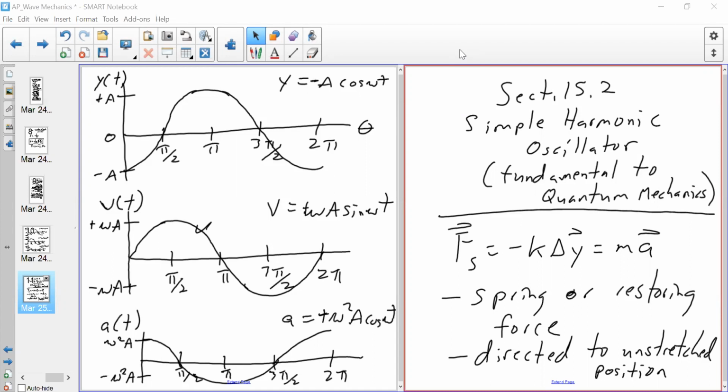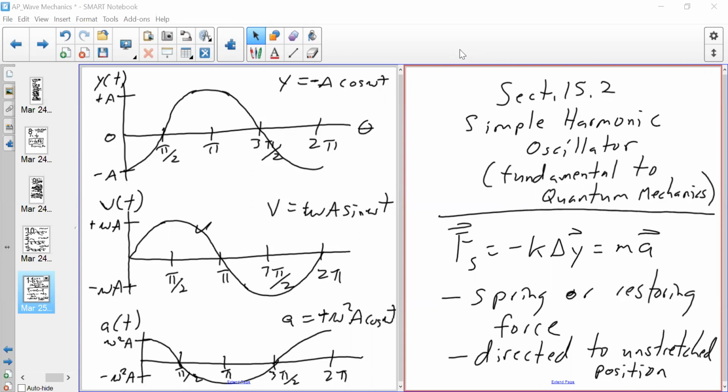But on our level, we're going to just take a look at waves in an easier sense by way of looking at the restoring force here. The spring force, Fs, is equal to negative k delta y, because we're in the vertical axis, is equal to mass times acceleration, because that's the only force of interest. That's going to be the restoring force, the force going back to zero, right? So the spring or restoring force,